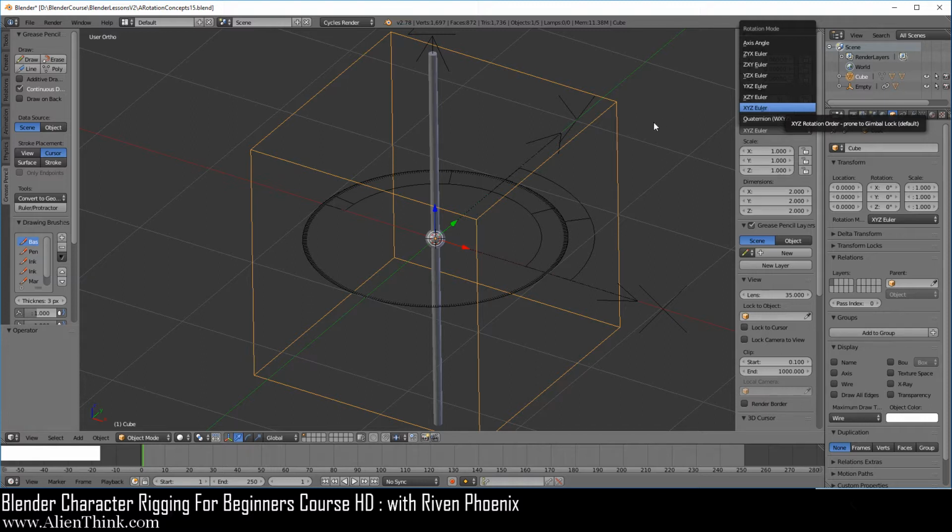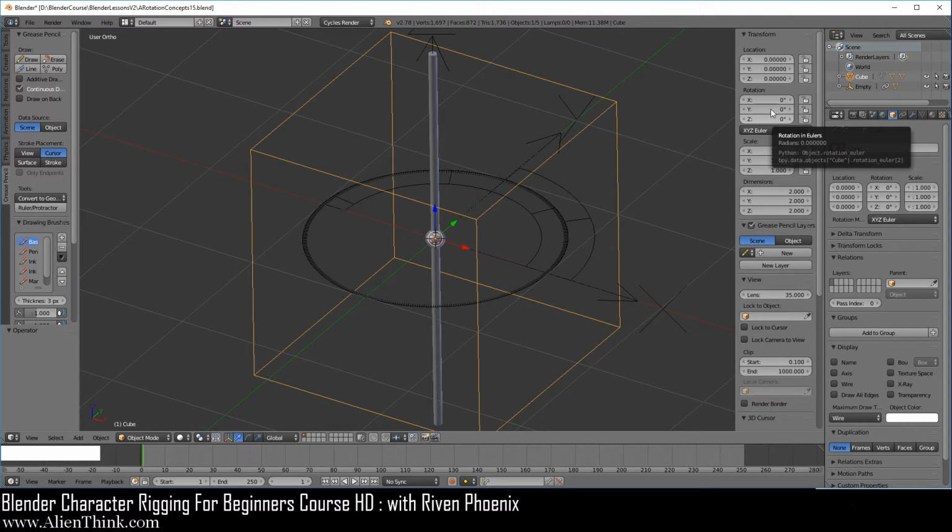So when you have this object set to Euler, we are simply telling Blender to use a 3-ring rotational system. So as you have seen, when we rotate this object, when it is set to Euler, the values that you're going to see over here are for the 3-ring system. They are not for this object.